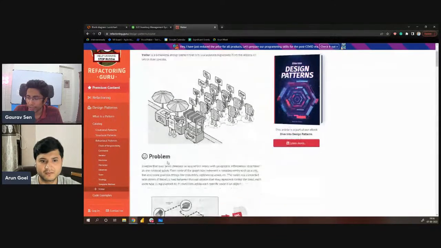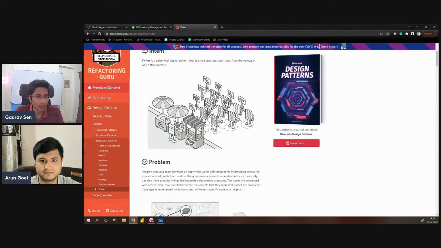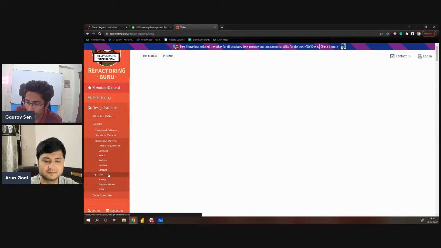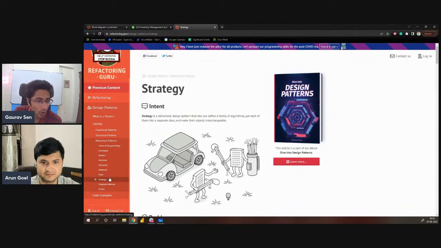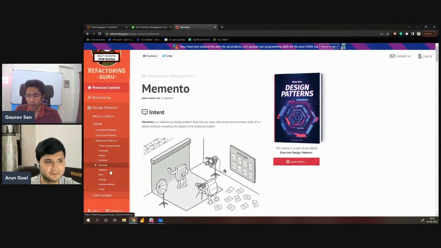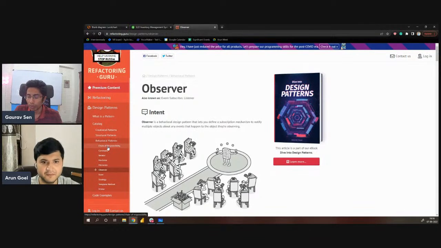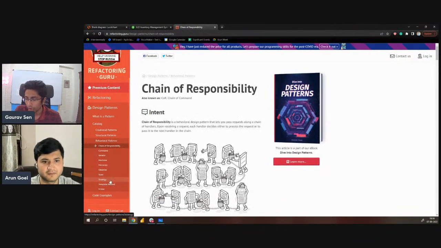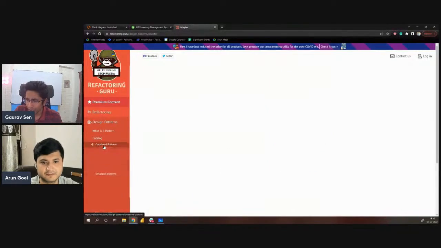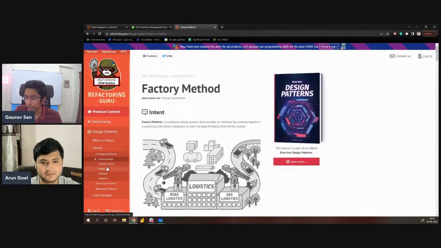Okay, and visitor, again, I had seen this nonsense once. In some cases, it must be useful. Let me tell you, in the same company, in the same project that I worked for, they first tried the visitor pattern, then they tried state and strategy together. None of that code ever had any impact on anything. So sometimes you might be trying something for the sake of trying it. Don't do that. Important ones, maybe chain of responsibility, state, and in structural, facade, adapter, and in creational, factory, builder, and